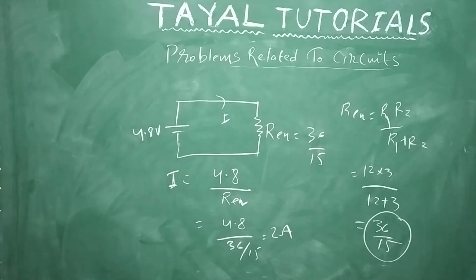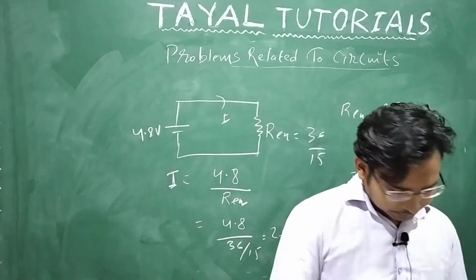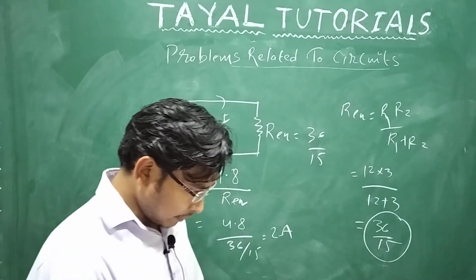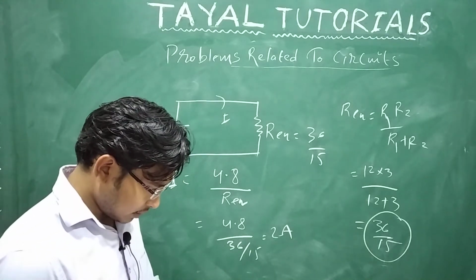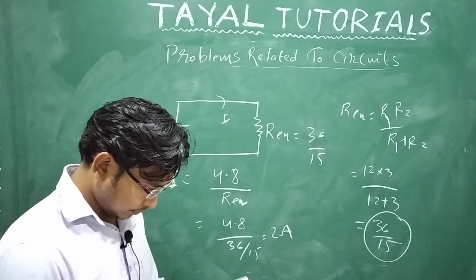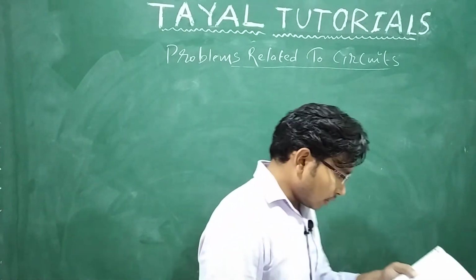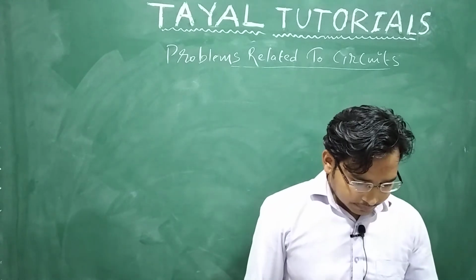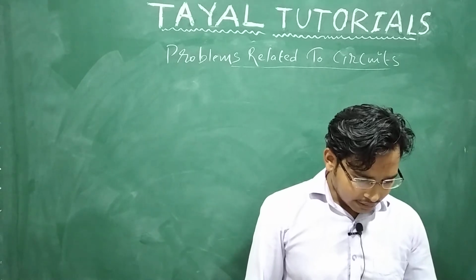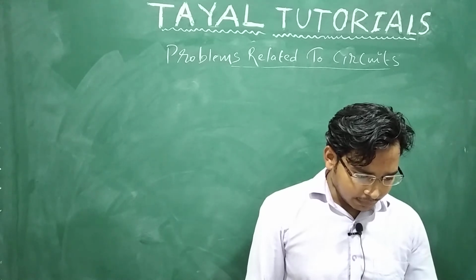This is the similar question I did. Next question we are moving towards, let me see, that question will look like a very tough question, but it's a very easy question. If you have understood these two questions, you can simply solve the next question. The question is: 6 resistors of 3 ohm each are connected along the sides of a hexagon, and 3 resistors of 6 ohm each are connected along AC, AD and AE as shown in the figure. They are asking the equivalent resistance between A and B.